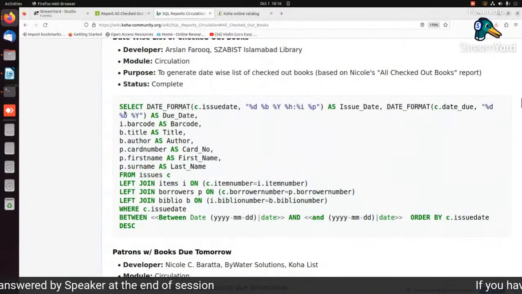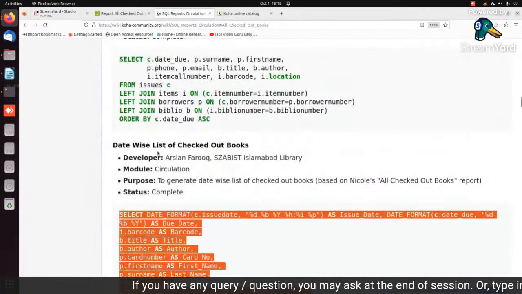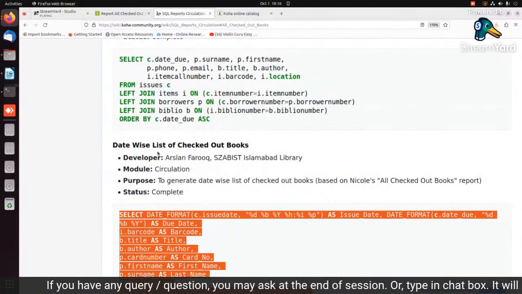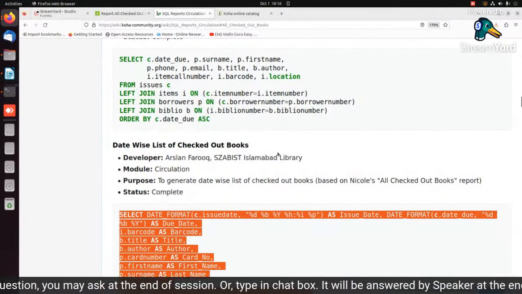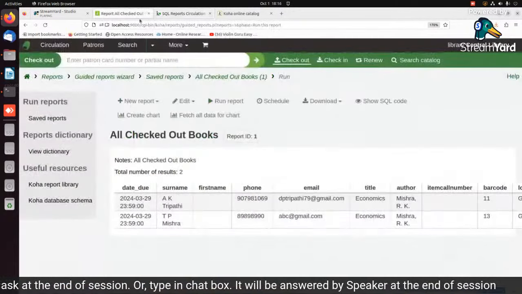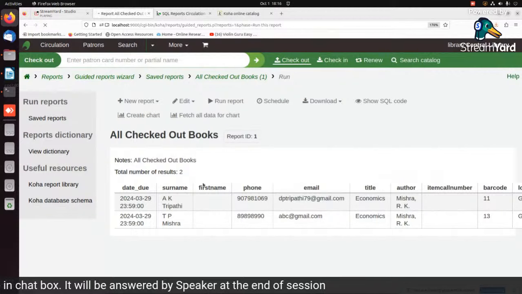Suppose I want to take a date-wise report. Sometimes we have to generate the list of books issued in a range of dates. So what I can do, I generate,